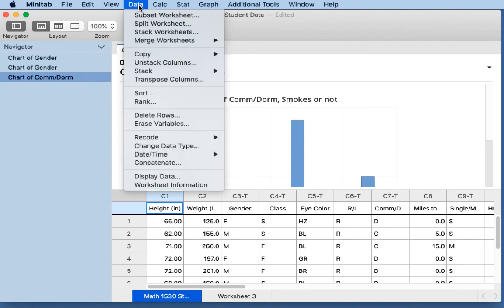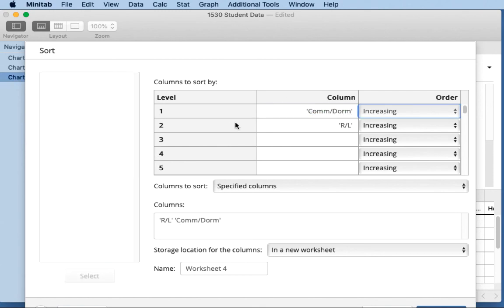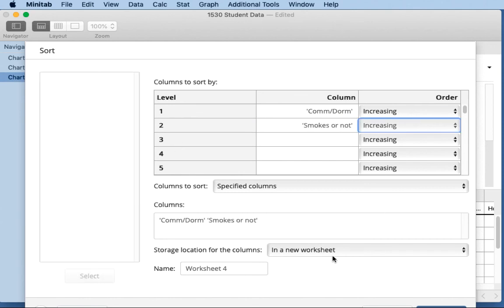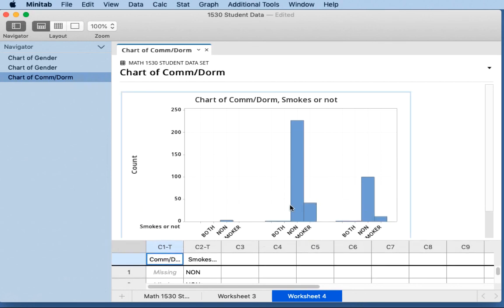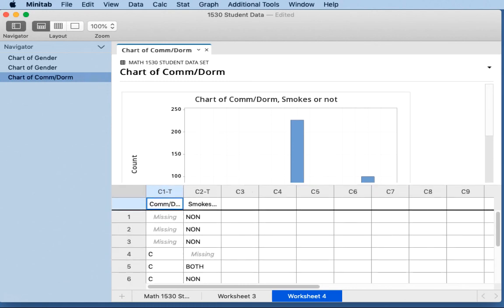So what you're going to do is click on data, click on sort. Now this time we're not going to have gender, rather we're going to have commuter, and in the next one we are going to have smokes or not. New worksheet, worksheet 4, specified columns is same. Okay. Now you clearly see there's some missing data, none, and C is missing. Now you have to remove these data sets, remove all of them, and then once again follow the instructions which were done in question number 2 part A,